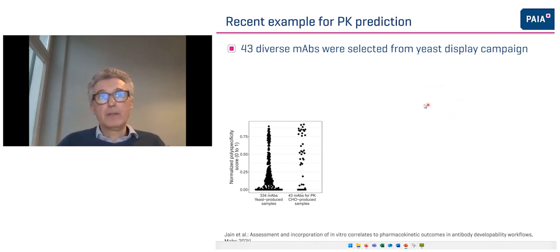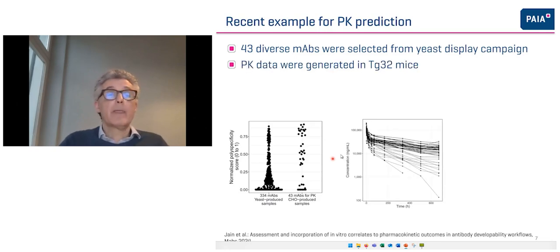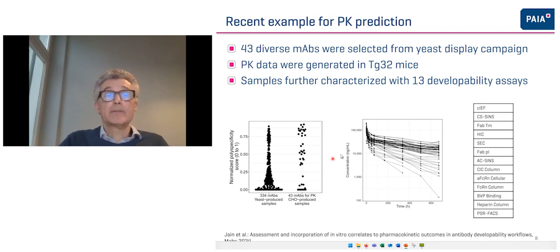So starting into this field, I would like to show you a recent and quite nice example of an attempt to predict pharmacokinetics, PK. And this is from a paper from Adimab and Sanofi from last year. What did they do? From an initial yeast screening, they selected 43 mAbs with quite a broad distribution in polyspecificity or polyreactivity. They chose those mAbs for production and then also generated PK data in mice for these molecules,